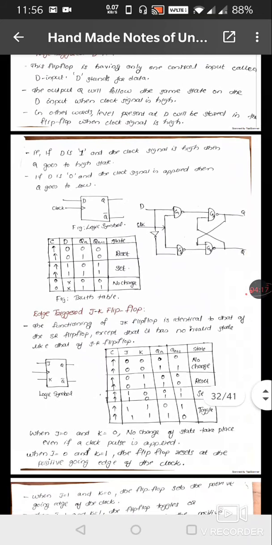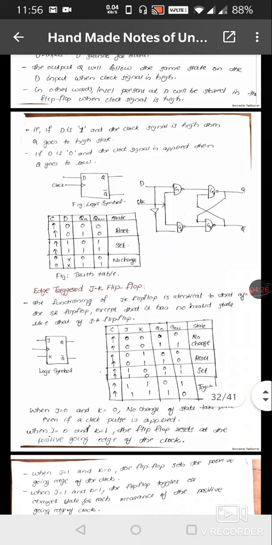Similarly, there is a D flip-flop. The circuit diagram, the truth table, and the logic symbol are given for this D type of flip-flop. This is different from the SR flip-flop because the input you are providing on gate 1 of the NAND is totally opposite of the gate 2 input signal. But you're providing a common clock signal, which is 1, to both gates.